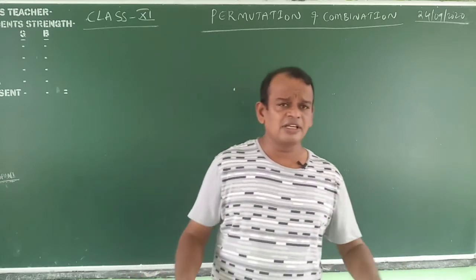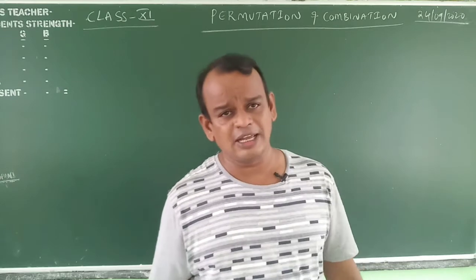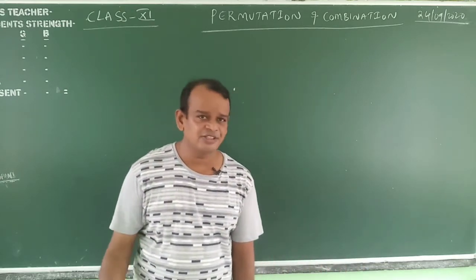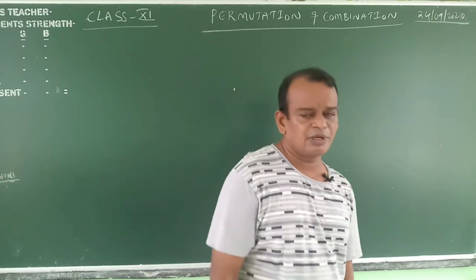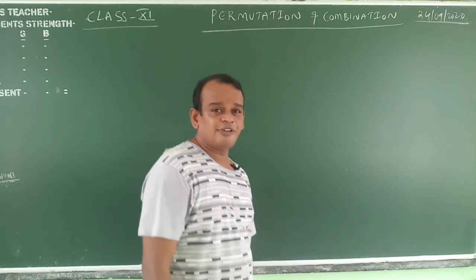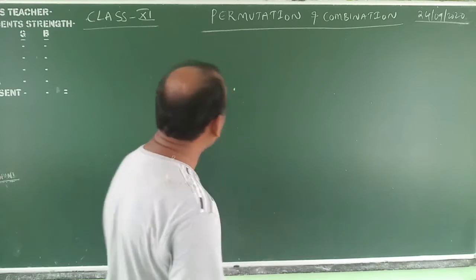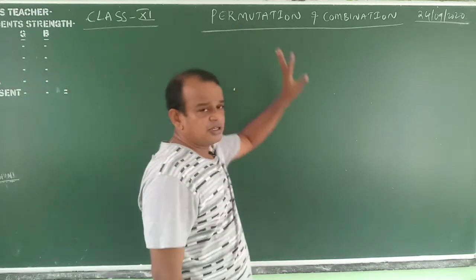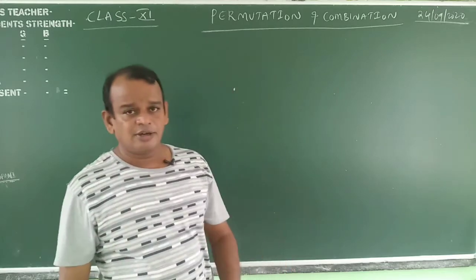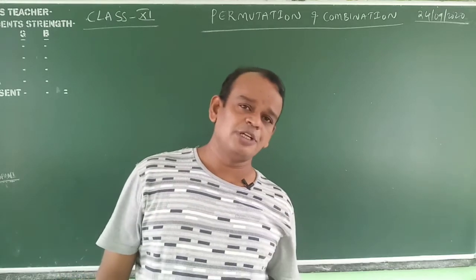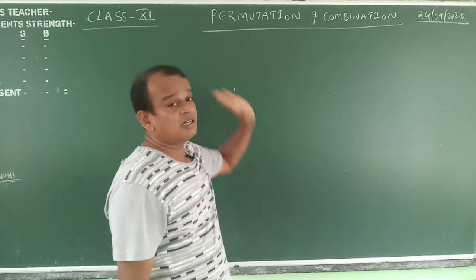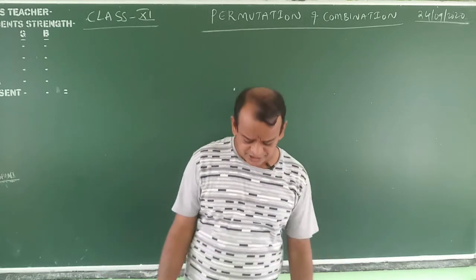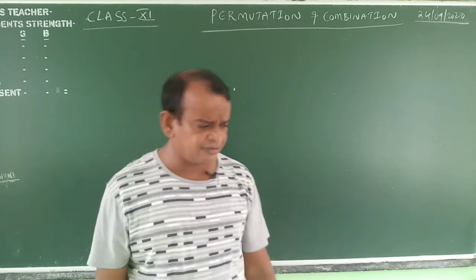Now first listen carefully, what is the factorial of natural numbers, factorial of n. N is a natural number, no problem. N is a whole number, no problem. Before we go to permutation, first we discuss the factorial of n, after that the fundamental principle, and after that we go to permutation and its properties. What is the meaning of permutation?